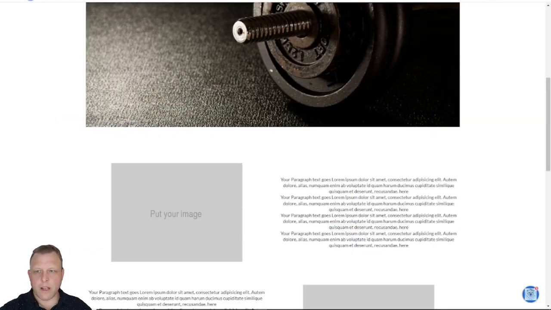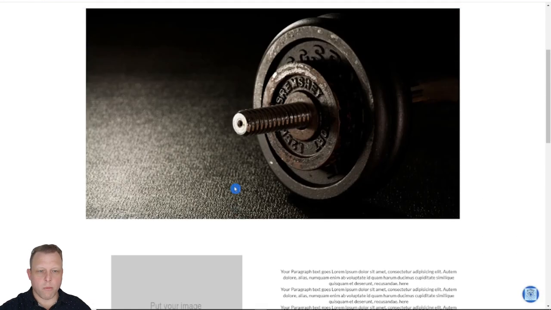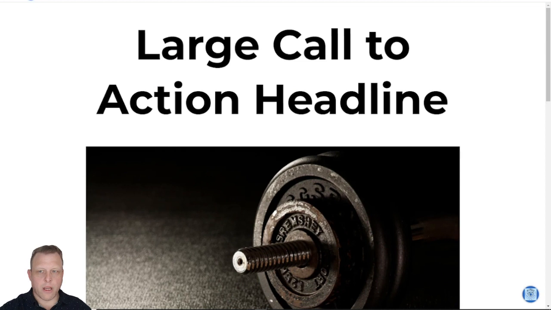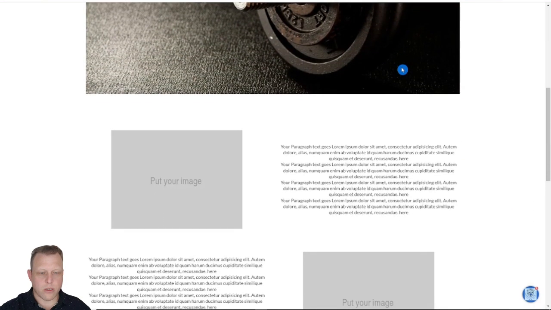Alright, let's see if that works. So when I roll out the website, see, boom, comes in here. It's going to reload again because it didn't start from the top. Let's say you're visiting the website, you're going to scroll down, and as you're scrolling down, the animation works from